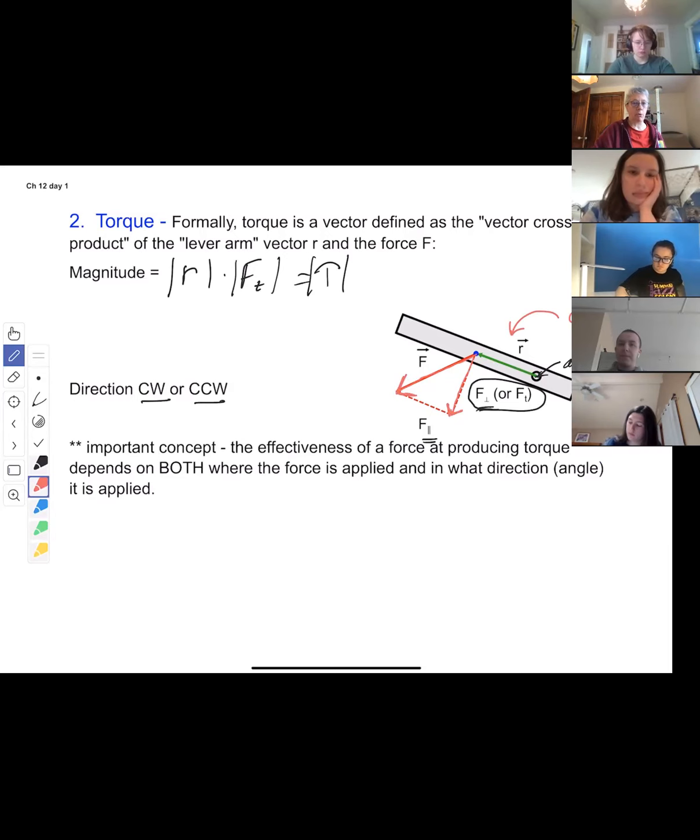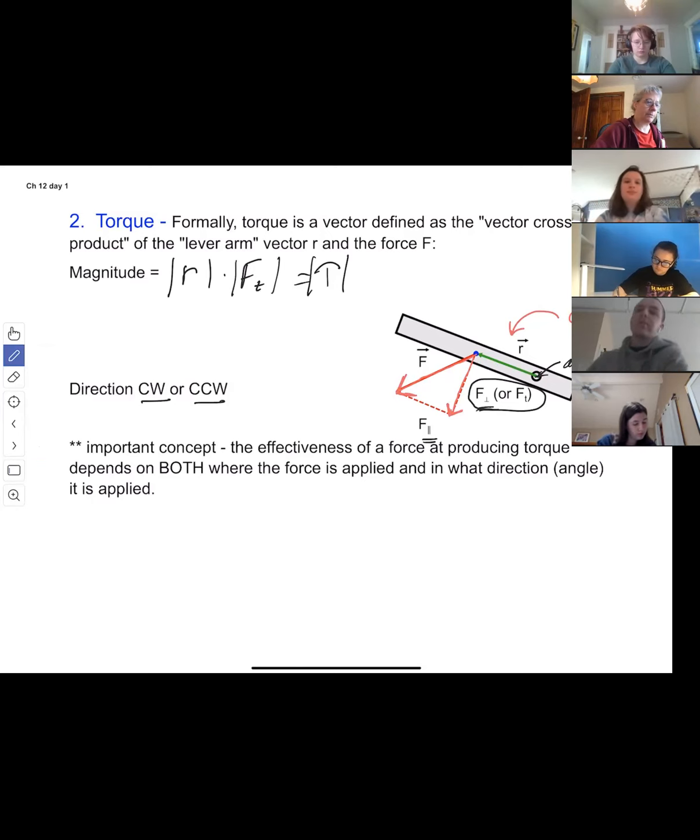So the really important thing that I want you to remember about torque after you leave this class, even if you can't calculate it and have to go look up the formula for getting the magnitude, is that torque depends on both where the force is applied and at what angle it's applied. Those are the two most important things about torque that you should remember as a concept. Okay,